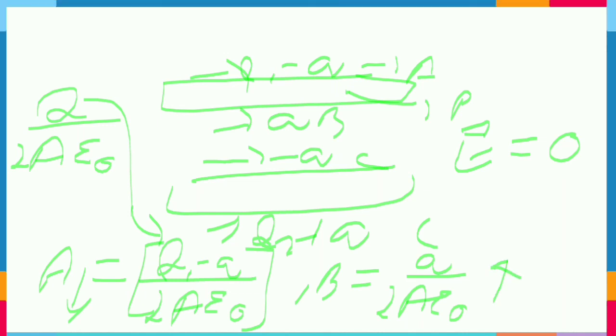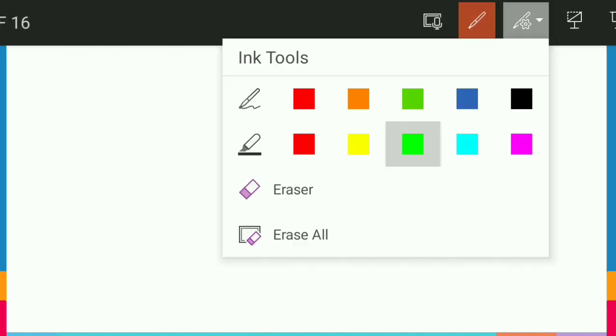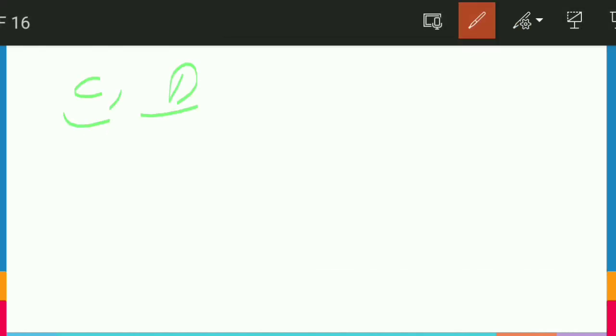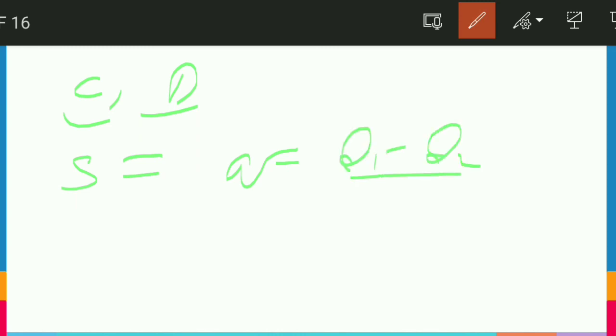So similarly, when you calculate for C and D and sum up, after summing up we will get one result: q equals q1 minus q2 by 2. Actually, friends, I have calculated for you the electric field due to A and B. You just calculate C and D and add up, because the net electric field should be 0, because that point was inside the metal surface. So this thing you should also learn: when there are several charge distributions, the electric field, if we take some point inside the metal, should be 0.